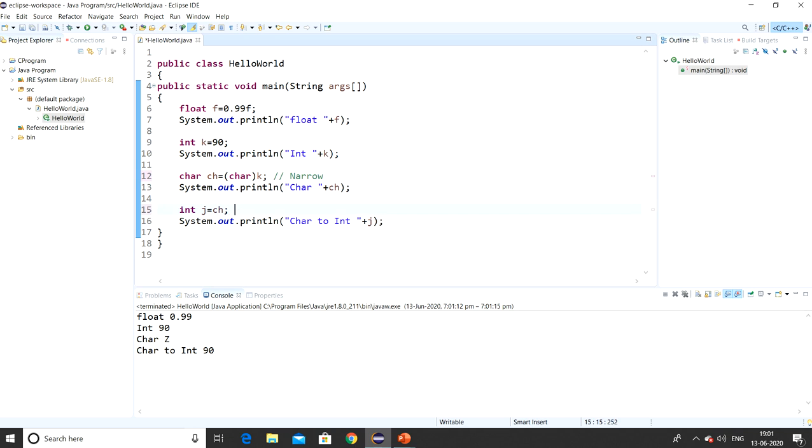I'm doing narrow typecasting here and widening here, because this is happening forcefully, as I'm writing the type and then converting, and this is happening automatically, int j equals 2. Then we print these values, and you can see the values printed here.